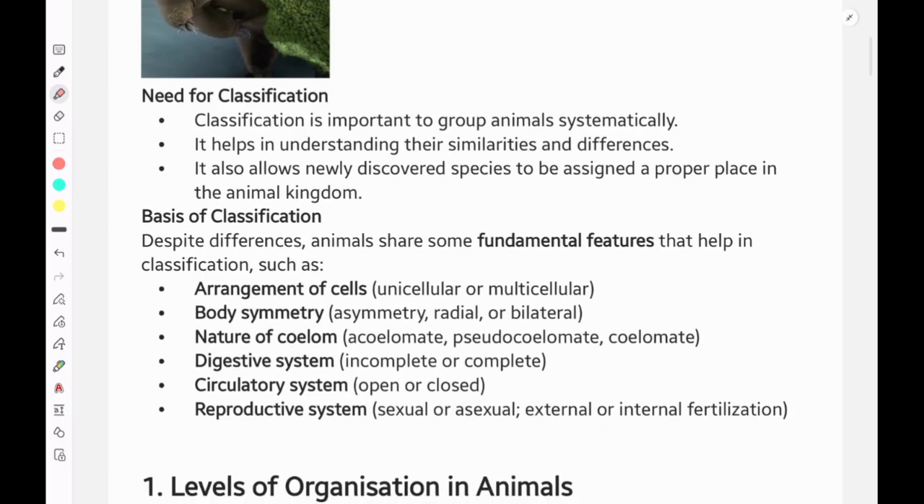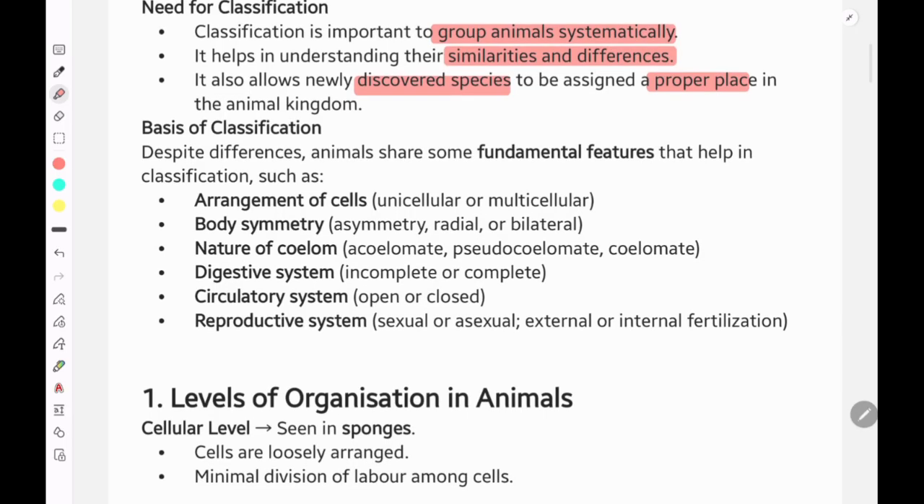Why do we need to classify? Classification is important to group animals systematically, because it helps in understanding the similarities and differences between them. It also allows us to discover new species and assign them a proper place in the animal kingdom. The basis of classification depends upon different factors